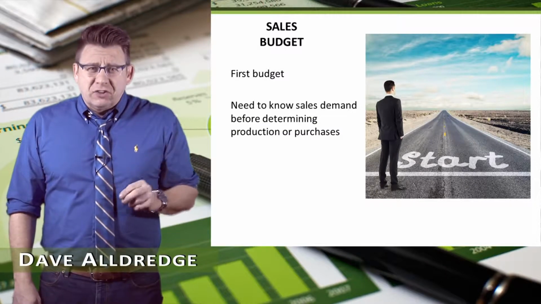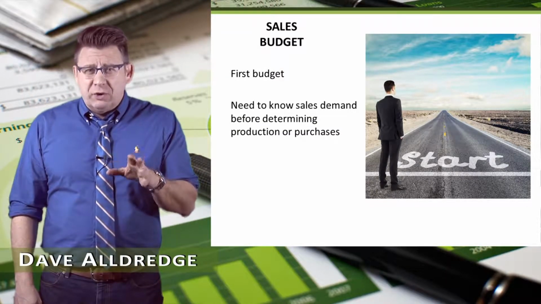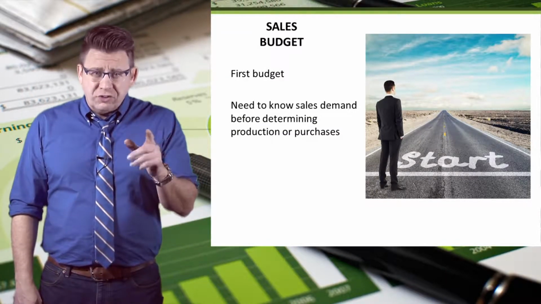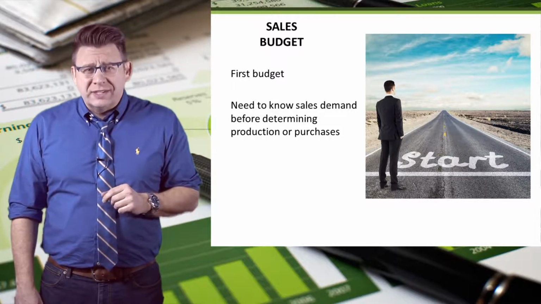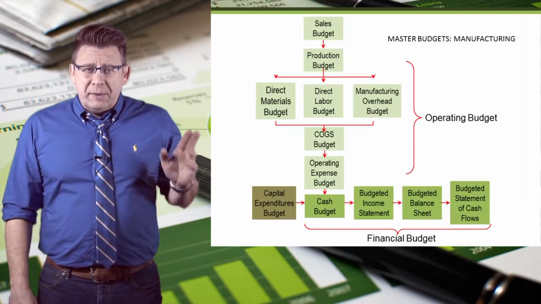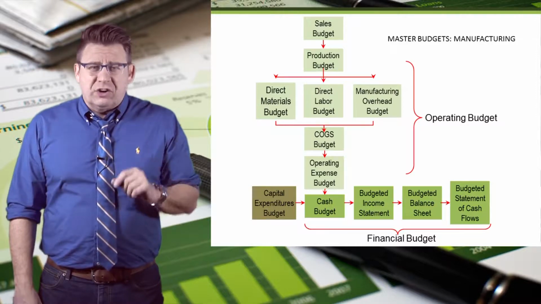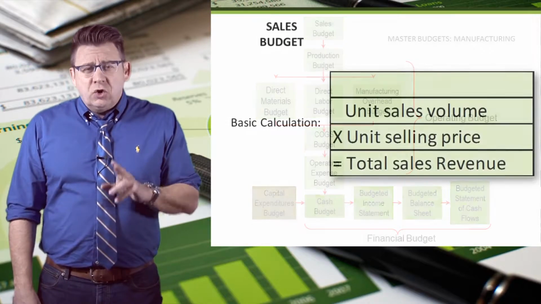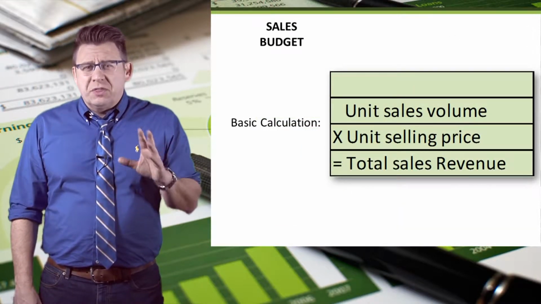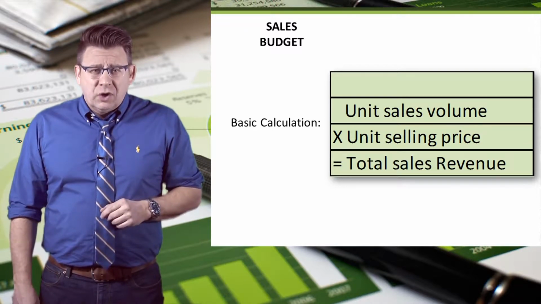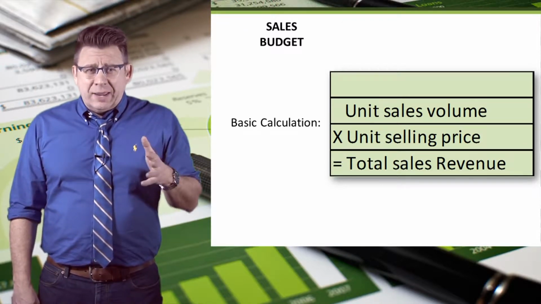Everything starts with the sales budget. It would be impossible to know how many units to produce or purchase without first knowing how many units we're going to sell. You can see from the master budget that the sales budget starts the process. In order to create a sales budget, we start with the most basic calculation, which is sales units times selling